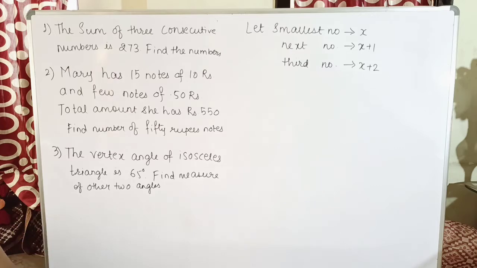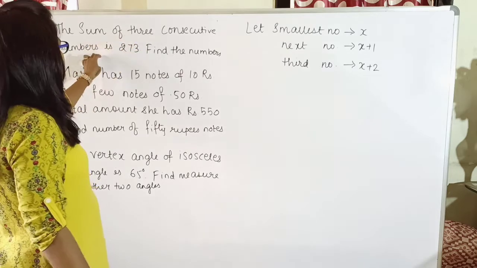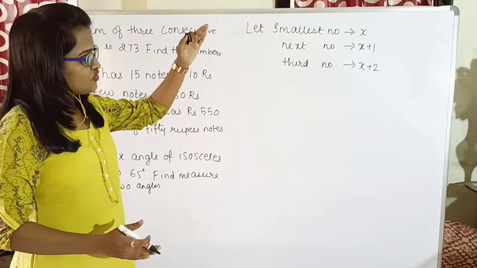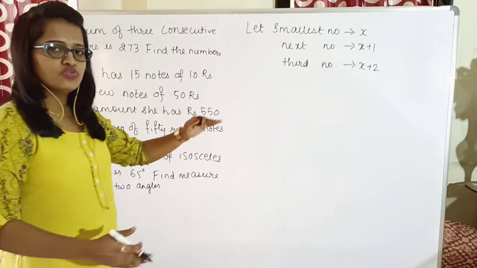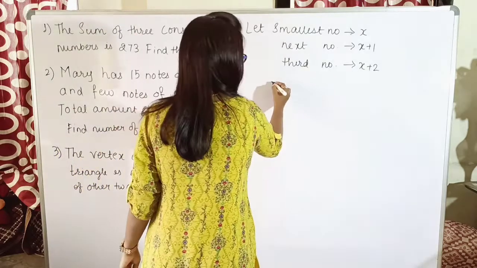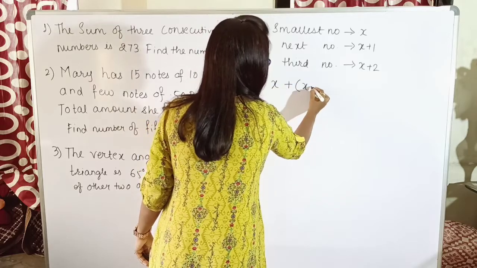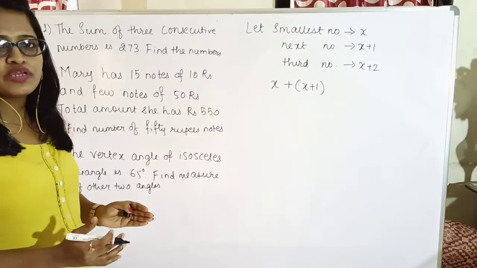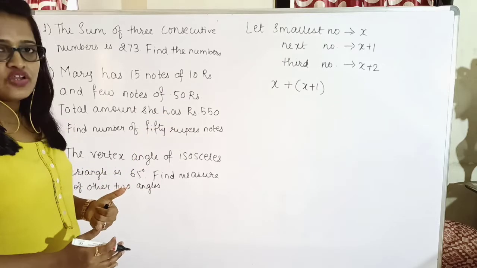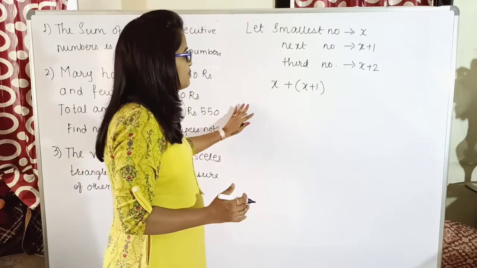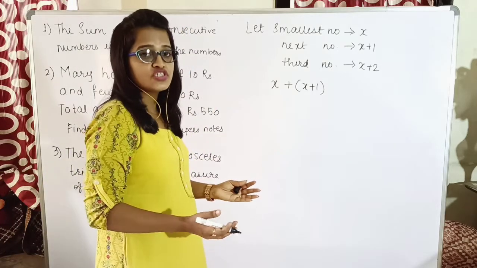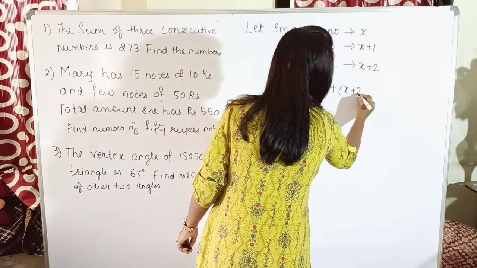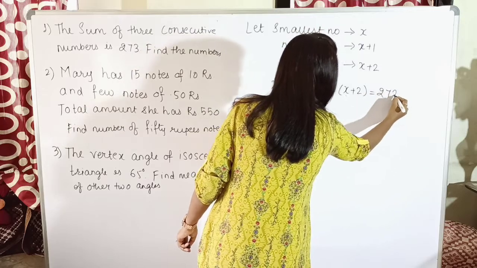Now what is the condition specified? They are saying that the sum of three consecutive numbers is 273. Sum as in addition. So the addition of x, x plus 1 and x plus 2 is equal to 273. So let us write x plus, which is my next number, x plus 1. Whenever there is a complete term like x plus 1, always try to make a bracket. Even though, since there is plus, the value will not change, just keep a habit of making a bracket whenever you are taking a term in which there are more than two entities present. Similarly, the third one is x plus 2, and the sum they are saying is 273.